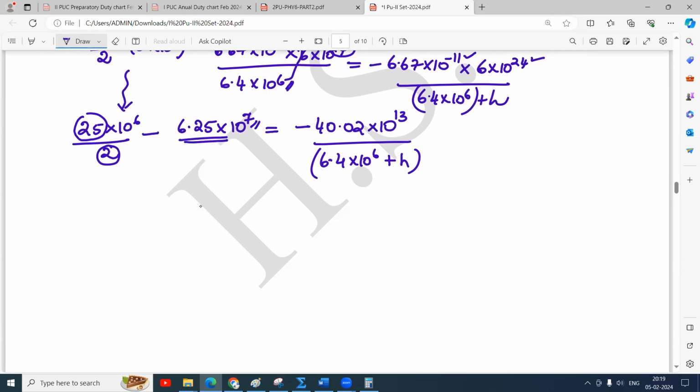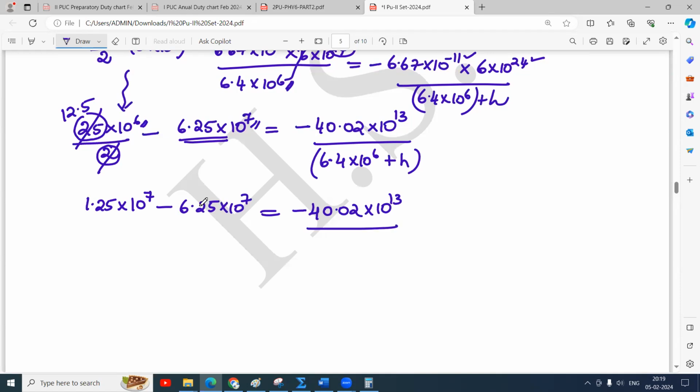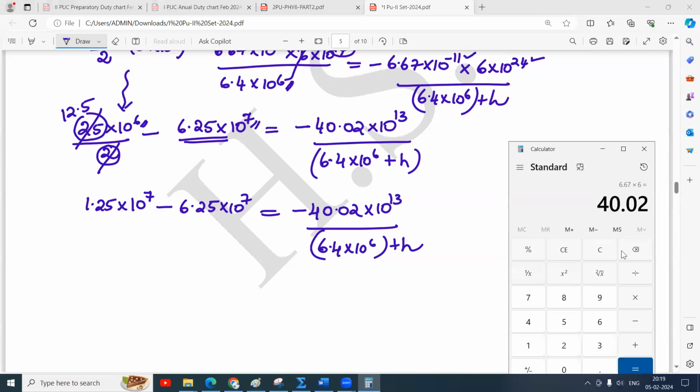So this is 12.5 into 10 to the power 6, and I will give one 10 to the power 6 from here and write it as 1.25 into 10 to the power 7, minus 6.25 into 10 to the power 7, is equal to minus 40.02 into 10 to the power 13 divided by 6.4 into 10 to the power 6 plus H. So when I subtract this,